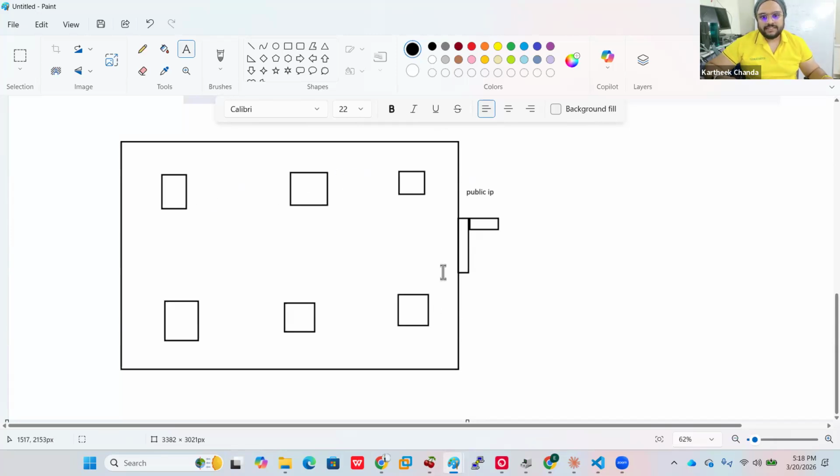Inside the network, all these systems have a unique identity. They all have unique private IPs. Every system has a unique private IP, but all the systems have the same public IP. So we have two IPs, one is public IP and the other is private IP. Public IP is given by the internet service provider. Private IP is given by our router itself, or we ourselves can assign our system an IP address, which